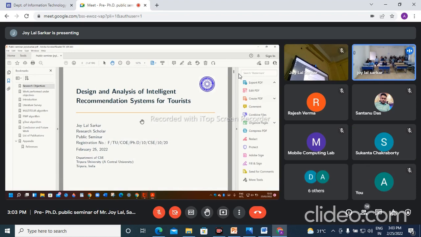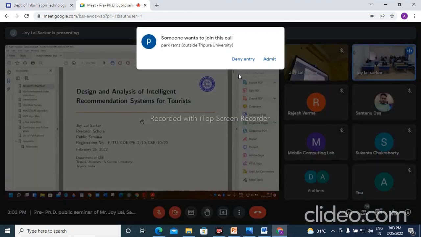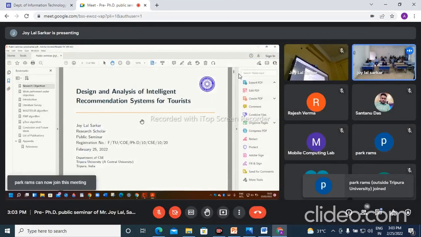So UI means, suppose you want to travel to some place, suppose some place from Tripura, to check the place. That will be my point of interest. So point of interest is different based on your interest. Maybe you are more interested in a park, maybe you are more interested in a museum. So it depends from person to person.